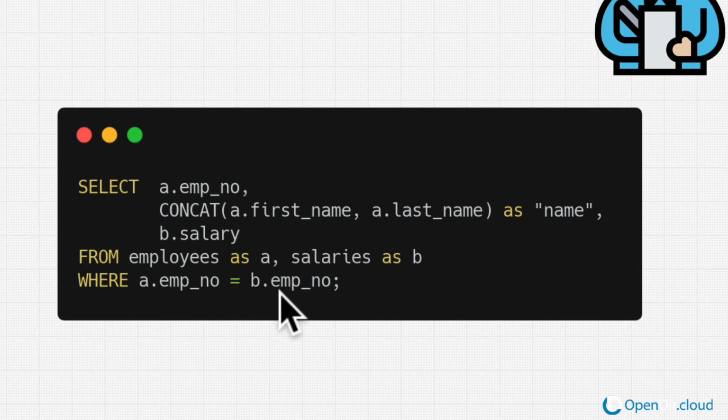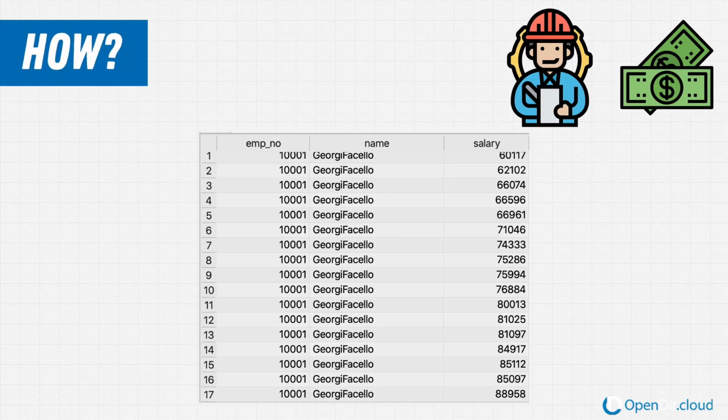Interesting. We can use the where clause to do something more than filtering. Well, this is technically a filter because we're saying, hey, only give me data back when the employee number of employee is equal to the salary that I'm trying to visualize, the employee number that's there. And what we see now is way, way less data. Okay, there are still 17, 18, 19 salaries because Georgie Facillo has had multiple raises throughout his career, so we're